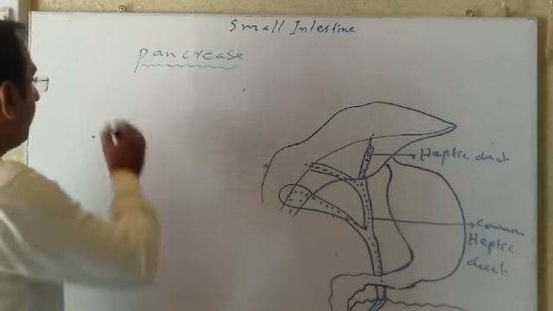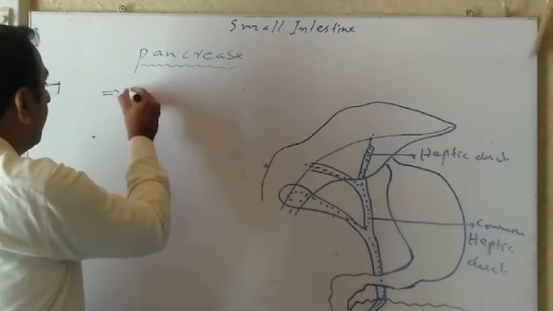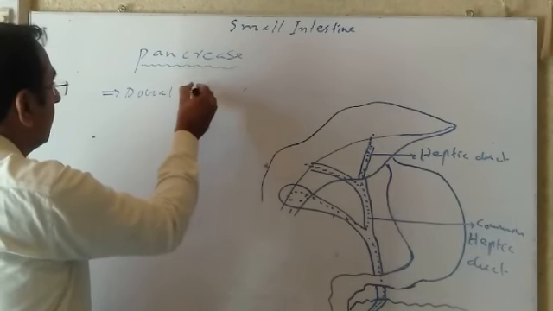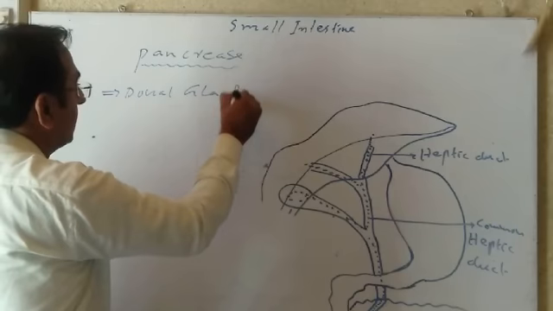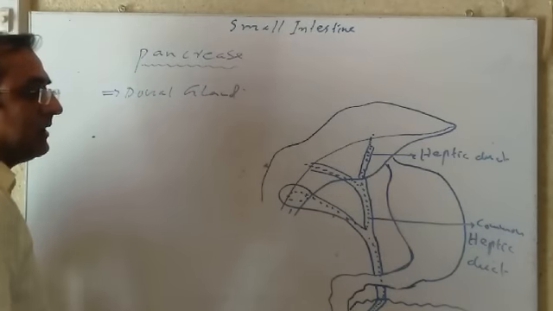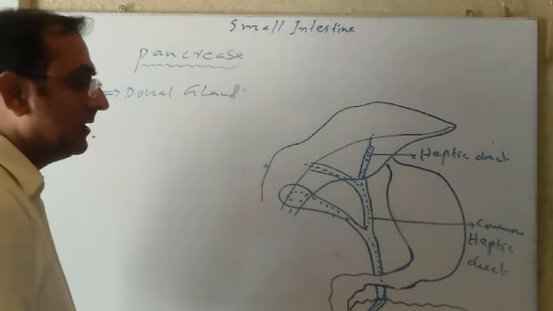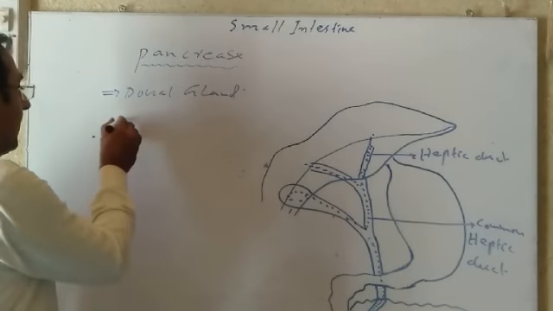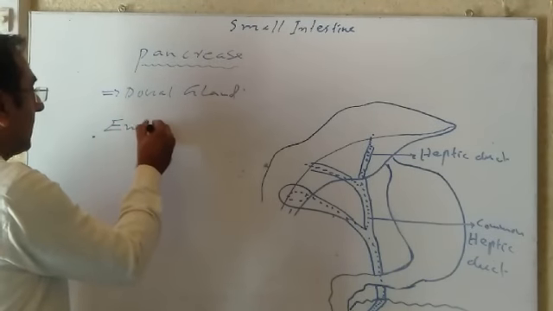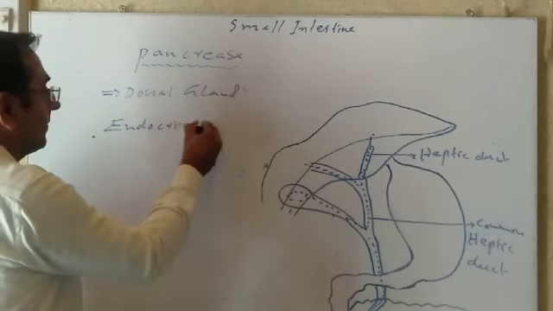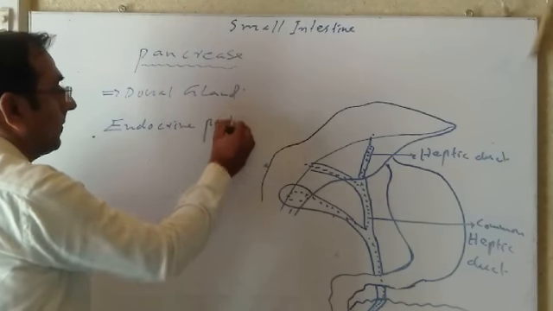This pancreas is a dual gland, means it is endocrine as well as exocrine. The endocrine part